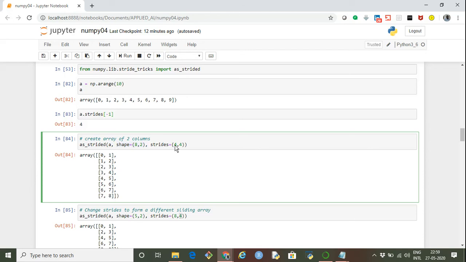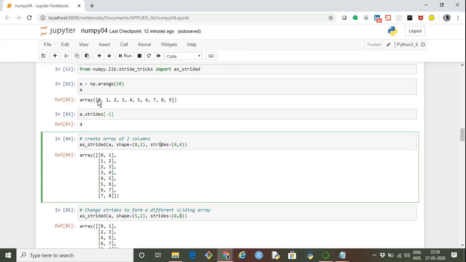Now this stride is in the form of bytes. Just to understand how this value gives 4 comma 4, let's have a look at the output. Within a row, to move from one element to the next, that is from 0 to 1, because it's an integer type, it takes 4 bytes.